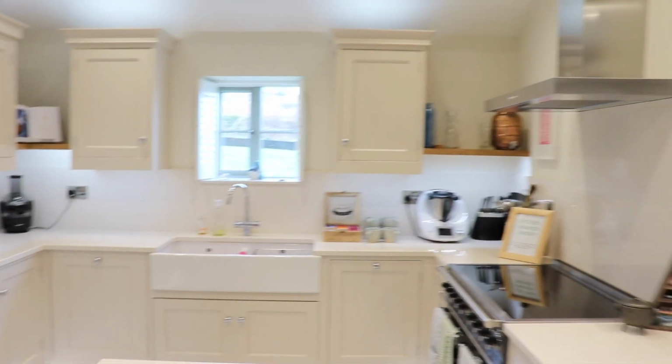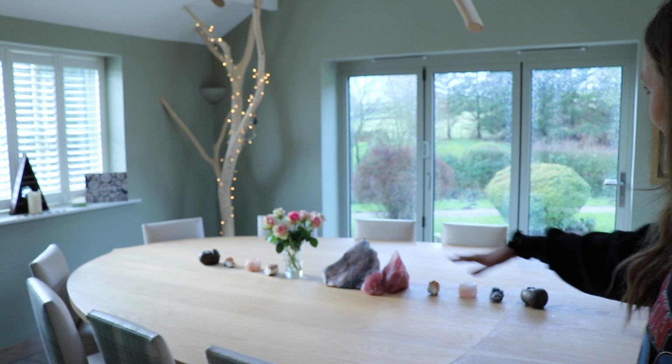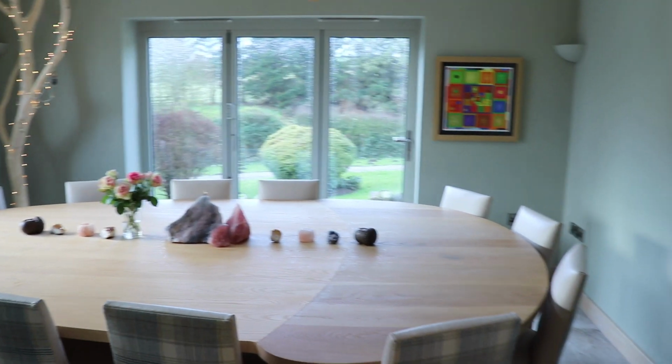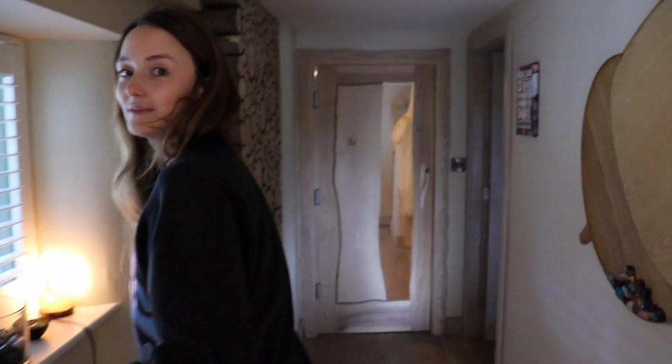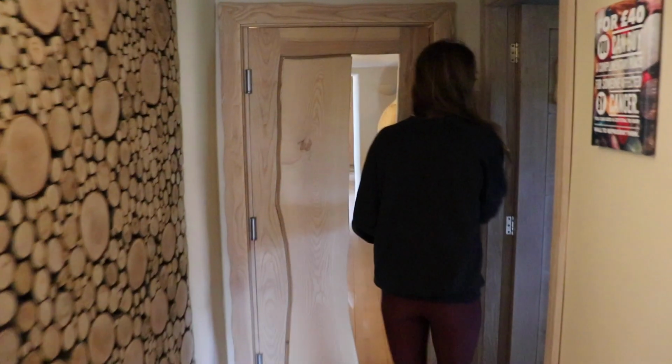So this is our lovely kitchen where we'll do all the cooking, and just here is this beautiful dining area. The retreat's place is called the Acorn, and the table is an acorn. And then we can come through here, and we'll start turning all the lights on, but there's just a couple of little rooms that lead off